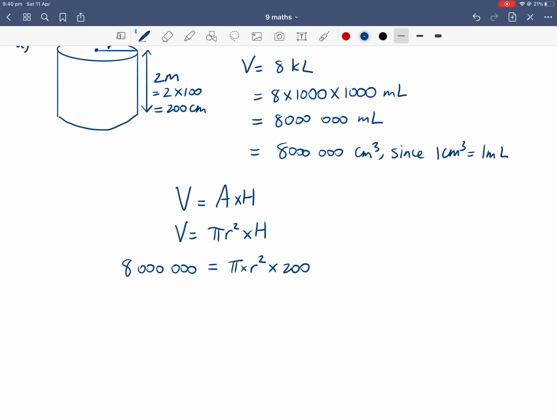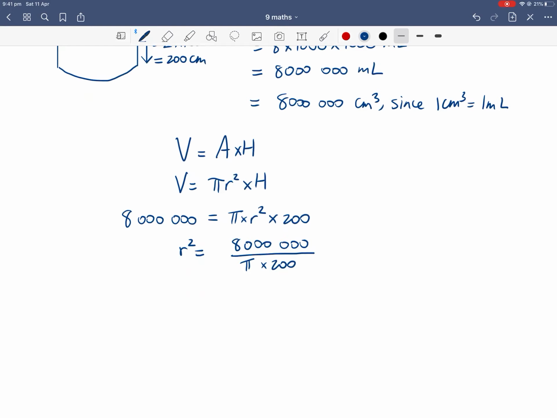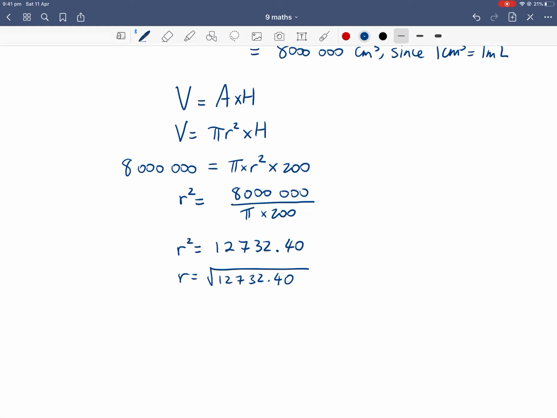So don't forget, pi is a number, so we can divide it to the other side because that's the opposite of multiplying. So rearranging algebra, r squared is just dividing by pi and then dividing by 200 as well. So using a calculator, r squared is approximately 12732.40. Opposite of squaring is square rooting. So r is the square root of that number, 12732.40. Square root, magic answer button. Your radius is